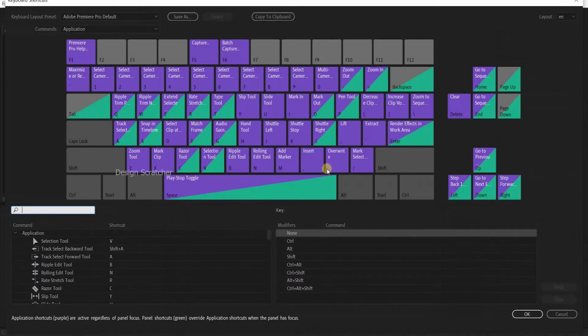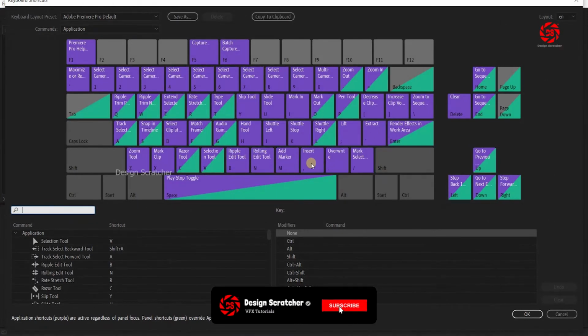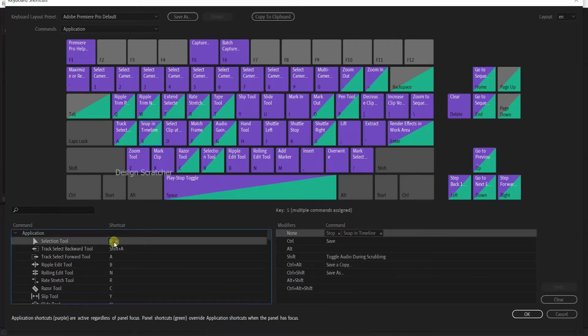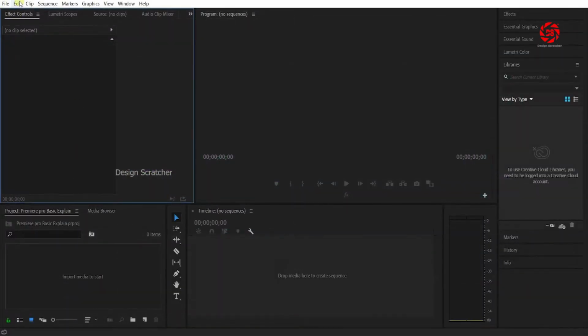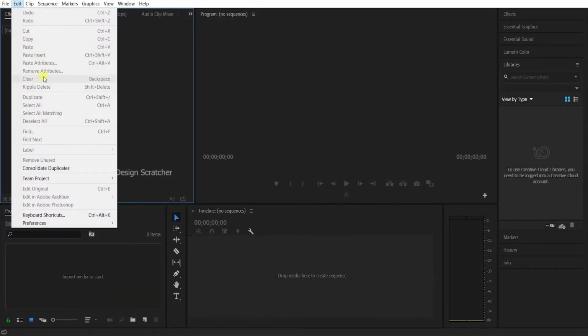Everything is the same like that. After that, you can know about the keyframes will be changing for here. Another key also means you can change it for the shortcuts, which will be already no application command. This is already D, already have, so you can change it for any kind of creativity. The same as you can, everything: cut, copy, paste, everything. So all of them know for the meaning also, and you can check it for the shortcut also: Control Z, Control D, Control C, Control Shift V, everything.